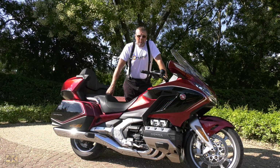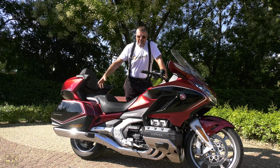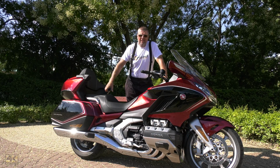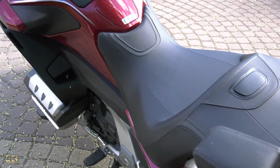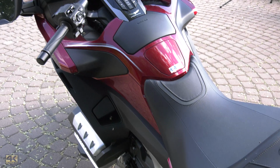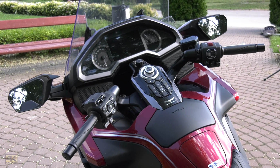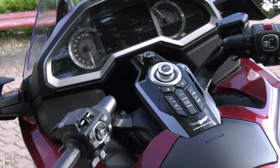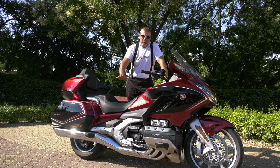Although the optics of the motorbike shows a smaller vehicle, it's a very big one. The wheelbase alone is 1695 millimeters, so it's a long bike. The seat height is 785 millimeters, and even in this narrowest part it is pretty wide, but anyhow it's going to be good for shorter